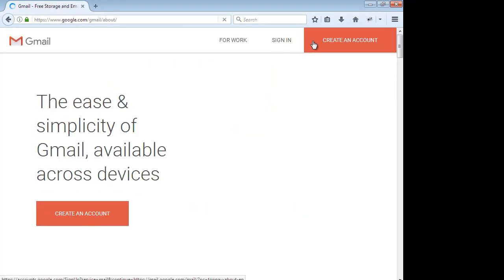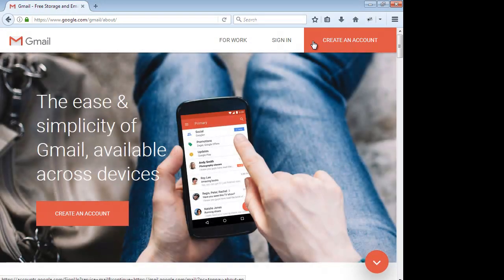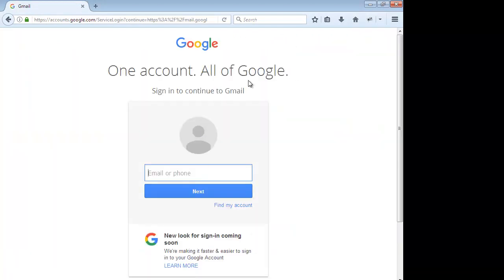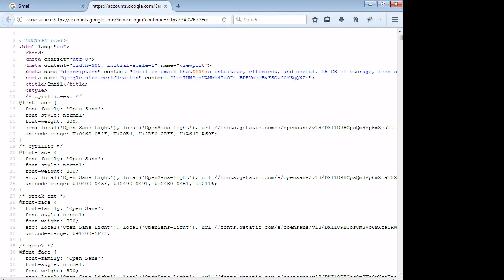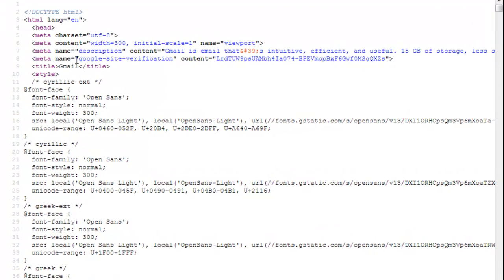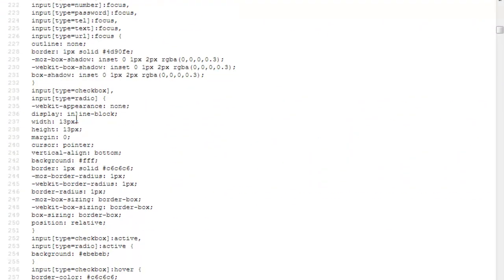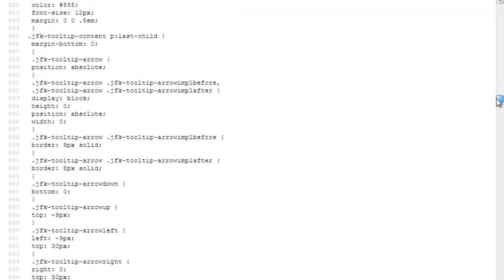Look, you need to interact with the web page. To interact with the web page, you must be knowing about the page source and all those fundamentals, because Selenium works on the page source. If you right click on any page, you get the page source of that page. The page source is nothing but HTML code, and this page source helps us to identify the objects on the web page. You need to analyze this page source.